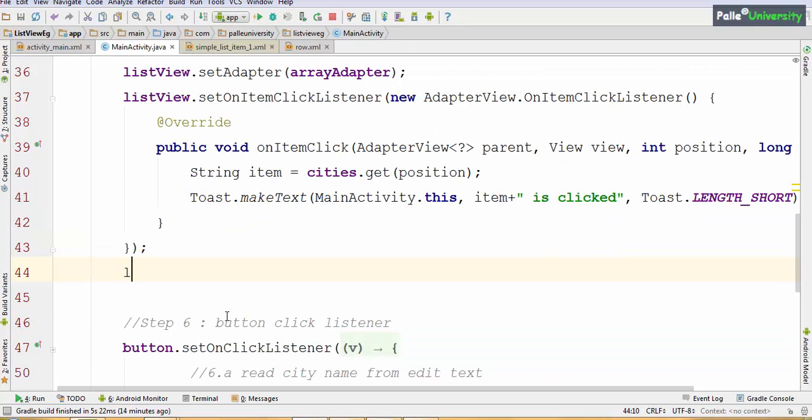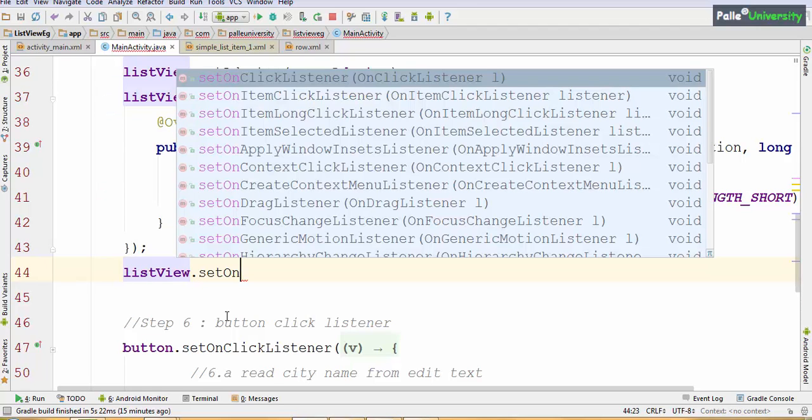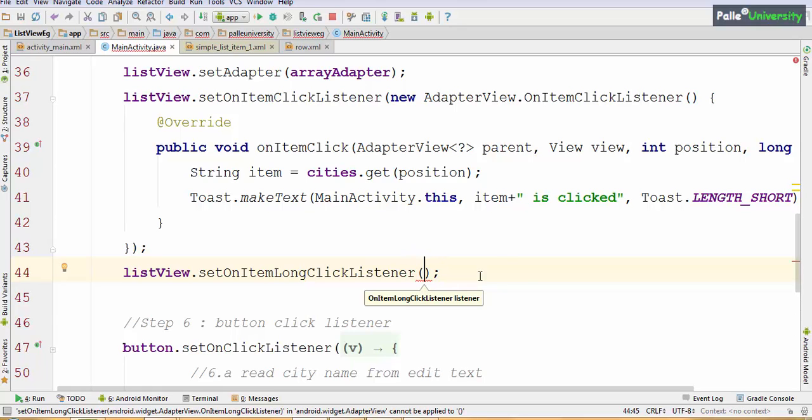We have to use the list view variable dot setOnItemLongClickListener. You have to select that option from the IntelliSense window. Now, if you observe carefully, that method expects an OnItemLongClickListener object as a parameter. Let me show you how to pass it.